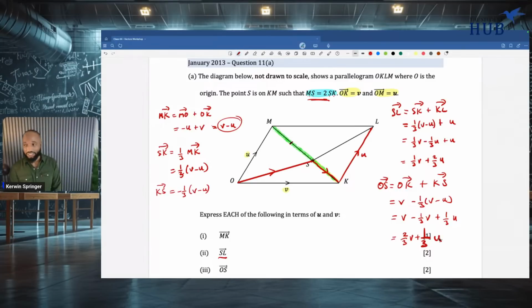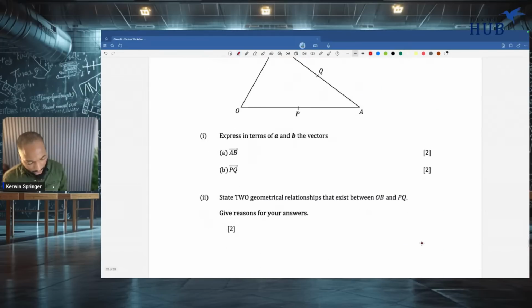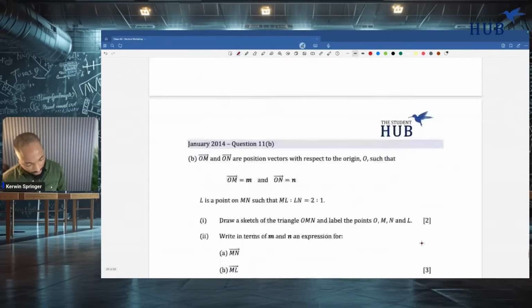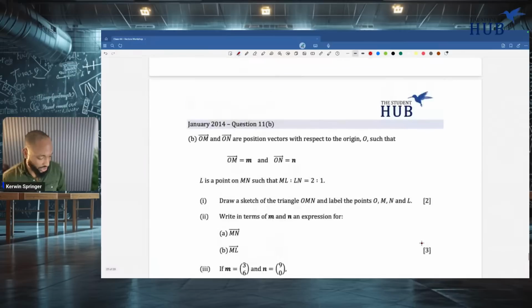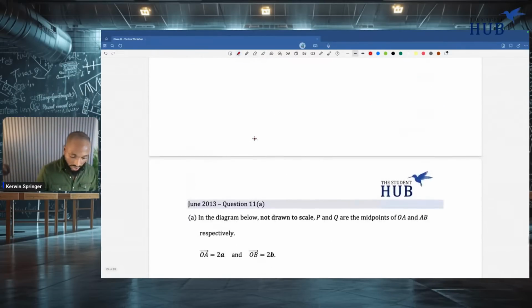This style of vectors, this heavy level of vectors, is just being able to deal with all these fractions that are flying at you. You want to practice them over and over until you feel confident with them. There are some more questions here, but I think we exhausted all the different ideas that come with vectors. Those of you in the student hub, there are these 2 questions that you can try for yourself. The solutions are right there.